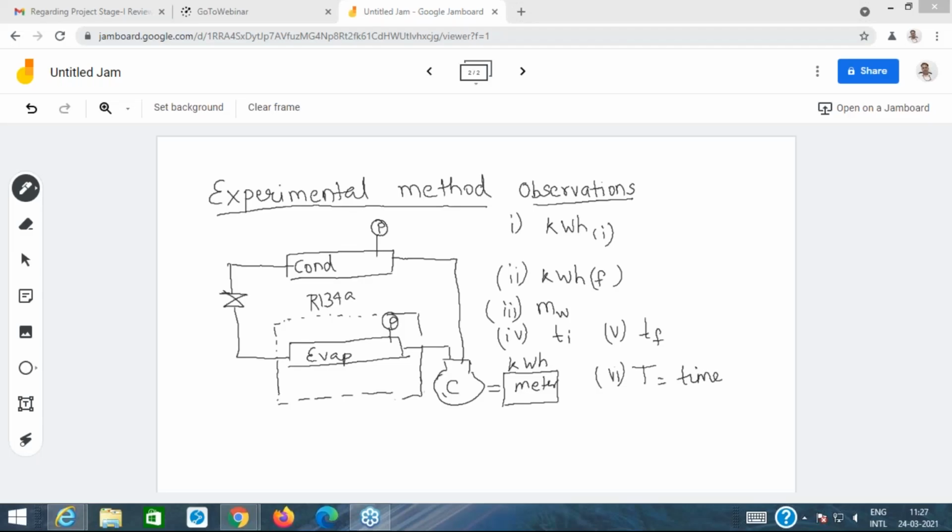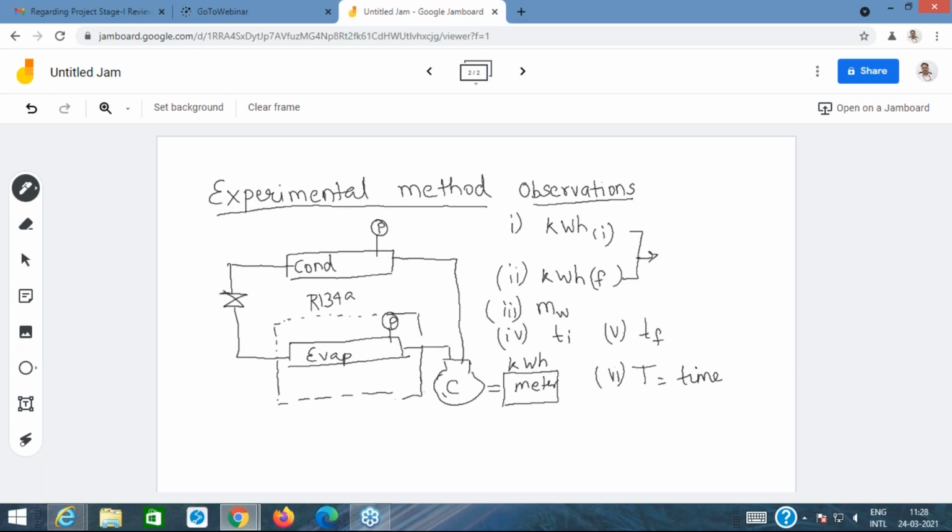So in this experimental method, what we do is that we take the meter readings, and the typical meter readings which we get during this experiment are as follows. So you can note down these readings if you want. So you'll find that the initial reading and final reading, ultimately,